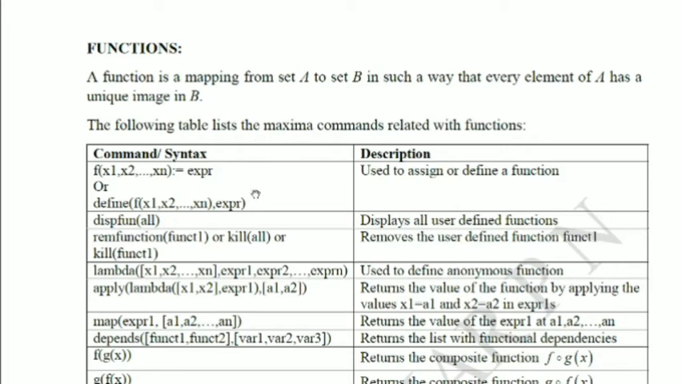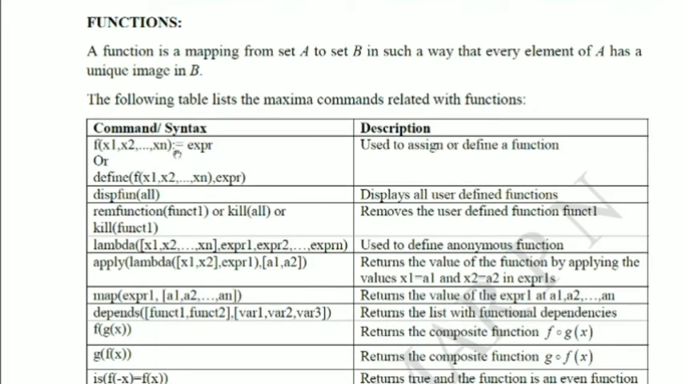Now, how are we going to define a function? We define a function using the assignment operator, colon with equal sign. Colon with equal sign is used to define a user-defined function. Suppose you give f of variable x1, variable x2, etc. up to variable xn is equal to the assignment operator colon with equal sign and any expression,